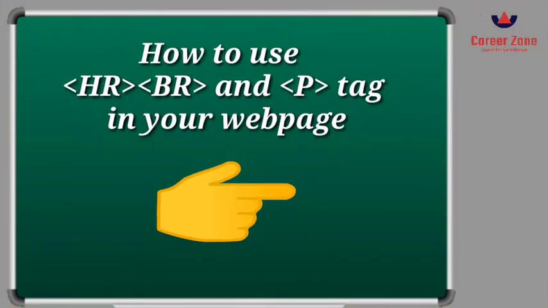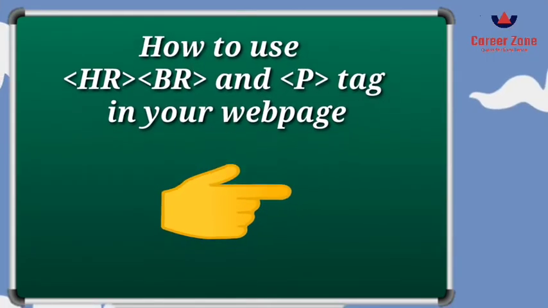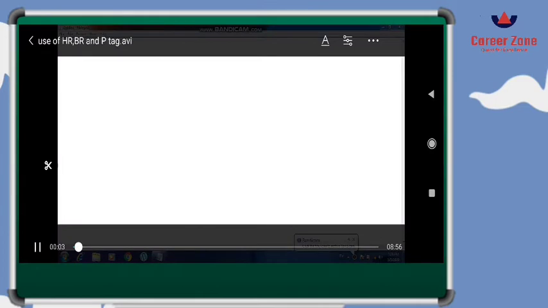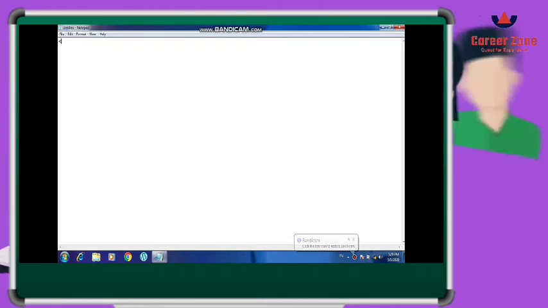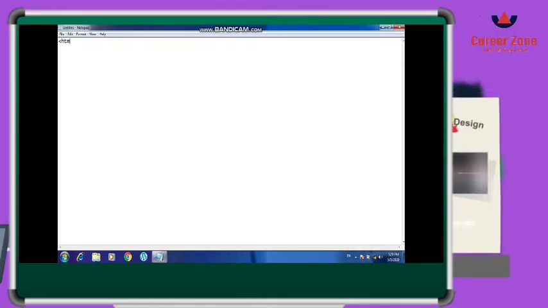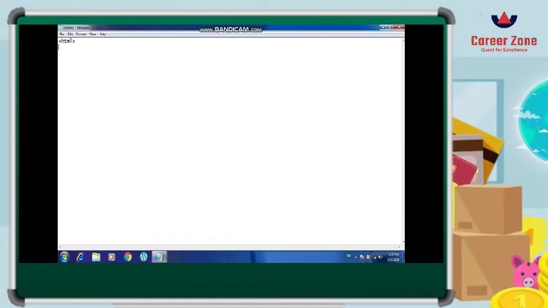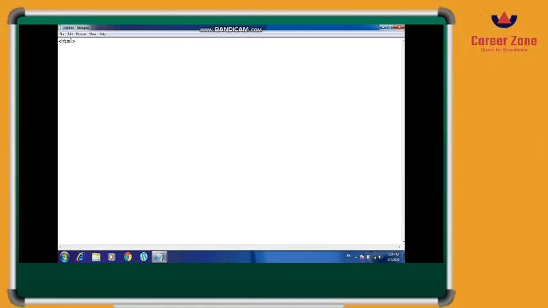Students, you can also do it in your notepad while you are watching my video. Let us see how to use the HR, BR and the P tag in our web page. So we have to open the notepad and then write the first and foremost tag, which is HTML, on the top of your notepad, and then write the head tag. Head is the heading, so you can write anything in the heading. I am going to write use of HR, BR and P tag, and after that